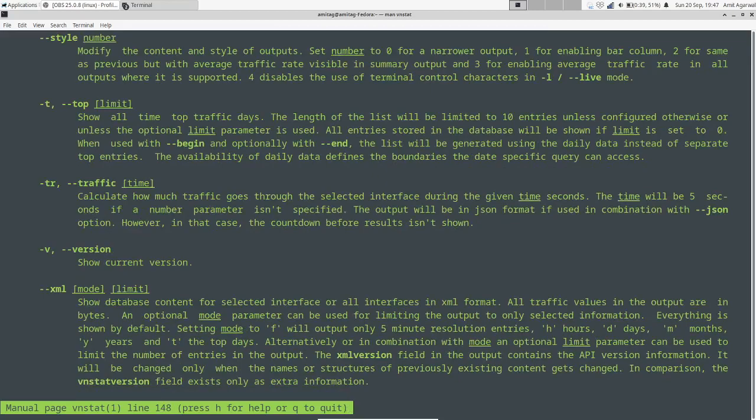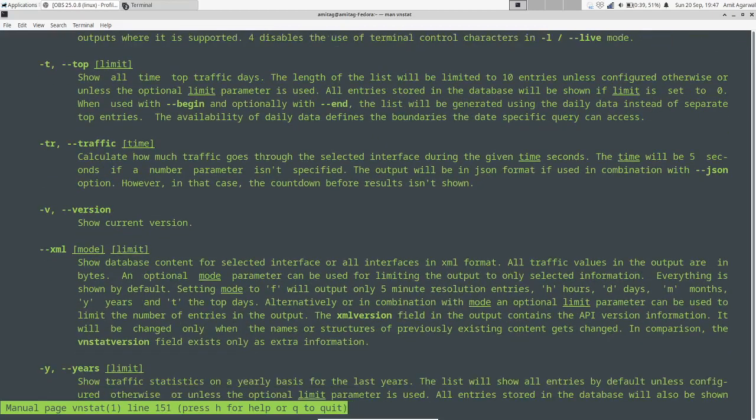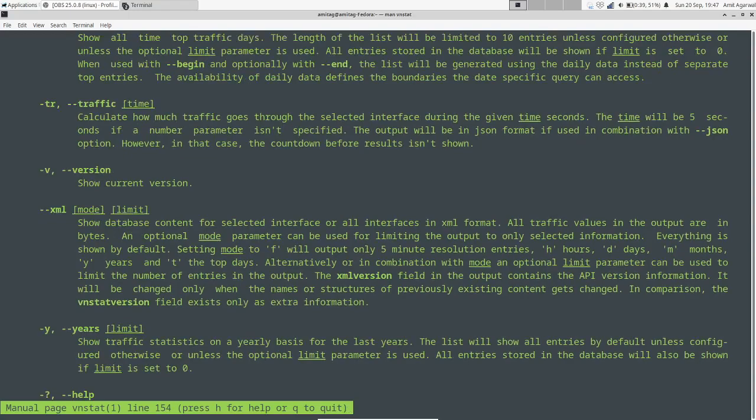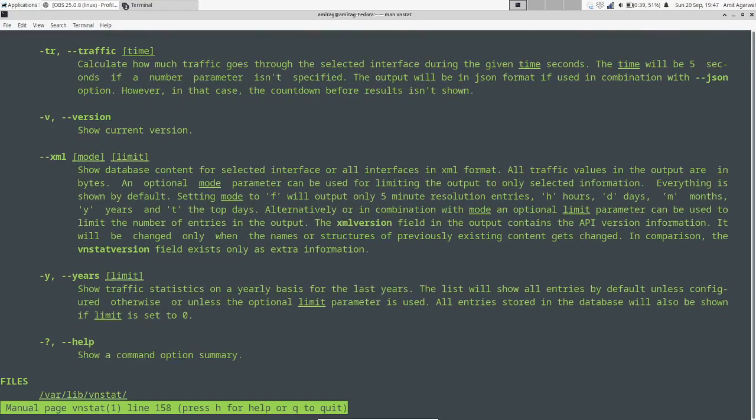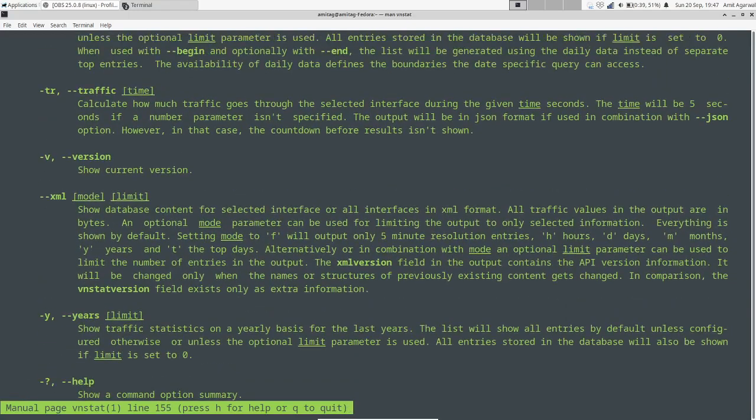So similar to JSON, you can output the data in XML as well, and once you have run it for years, then you can definitely use minus y to see the data in years. So overall, this looks like a very good utility to me. I have been using this for a long time now, and I have a cron job which sends the data that I require in the required format to my email every day, and hence I don't have to keep looking at the data.